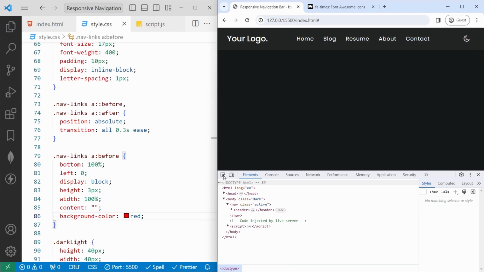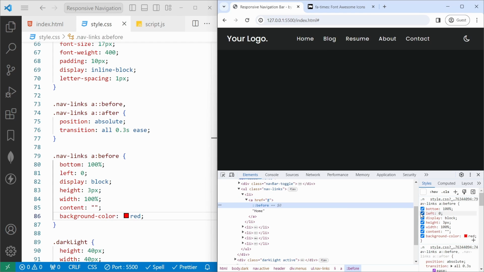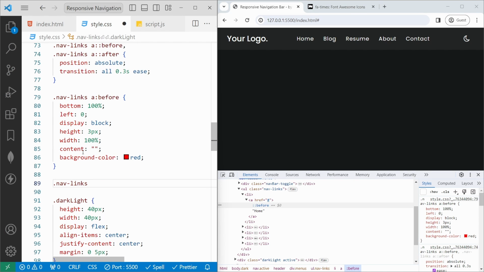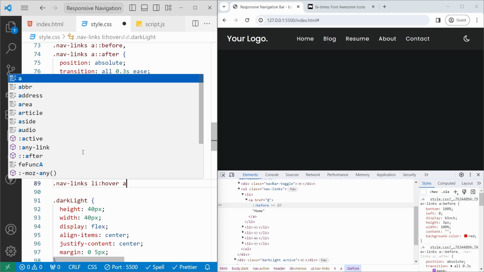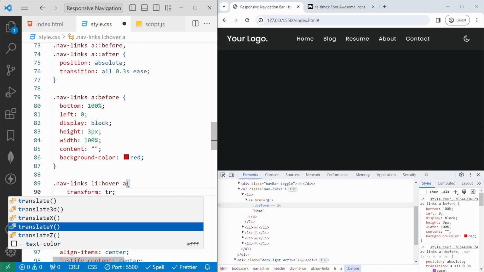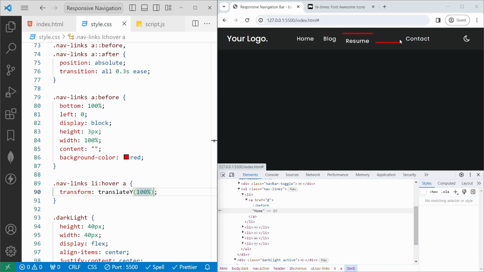If I save, I will navigate to the home button for the A. Here, now you can see the styles on top of this. Whenever we hover over this, we need to show that, right? So for that, I will add the nav link li hover with the help of A. We'll set the transform translate y to 100 percentage. If I save and go over this, now you can see the animation effect, but we have missed